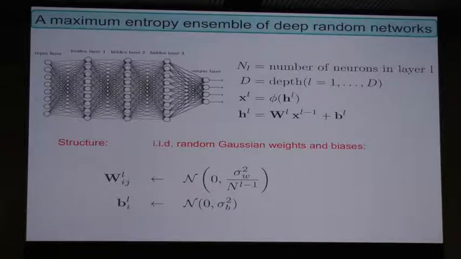So how are we going to do this? What we're going to show is that if you give me a random deep network, I'm going to show you that it can do something that no shallow network with one hidden layer can do. So we're going to analyze a maximum entropy distribution over random deep networks to show that our results are robust and are a property of depth alone and not particular choices of structure in the weights.